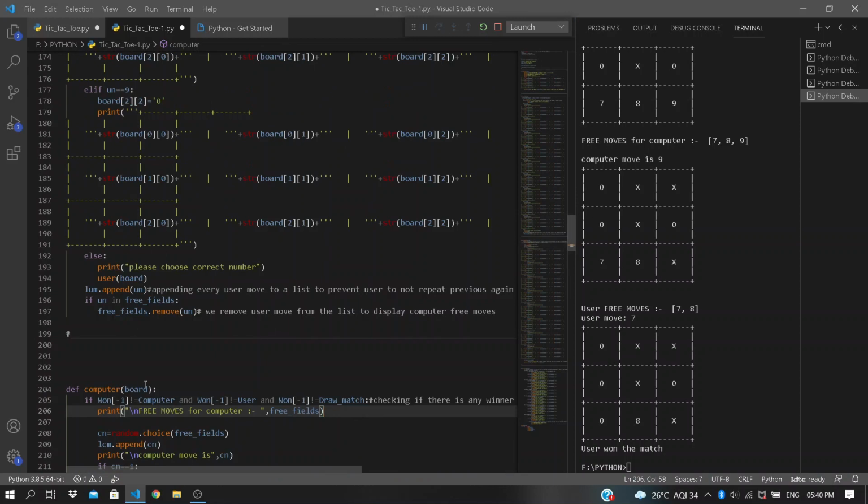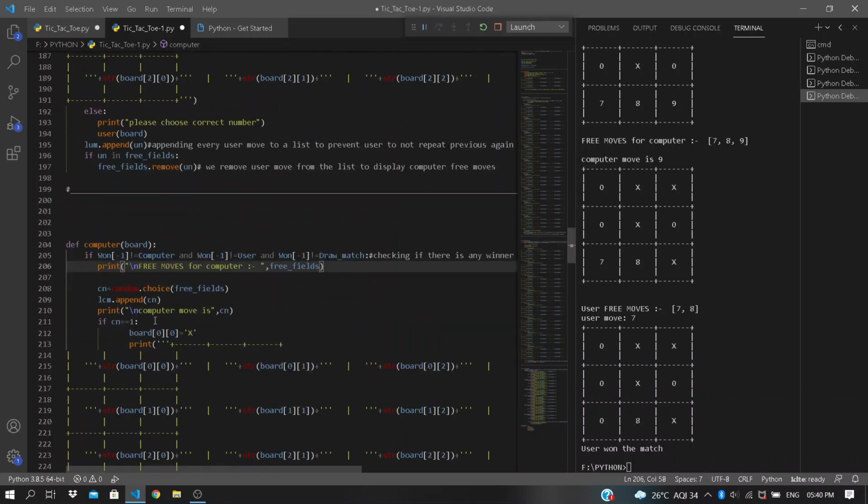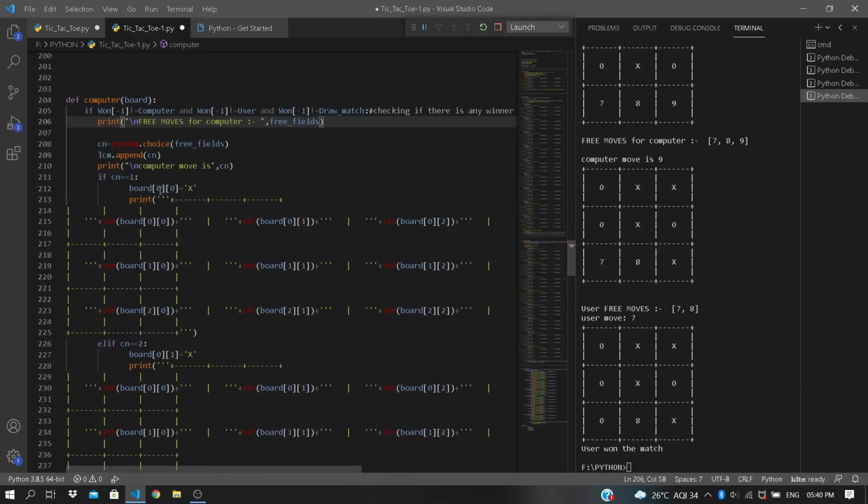By using random choice, the computer will randomly choose a number among these prefills. If the prefills are 5, 4, 6, the computer will choose a random number among these, and the X will be placed in that location. See, if the computer chooses 1, X will be placed in the first location.